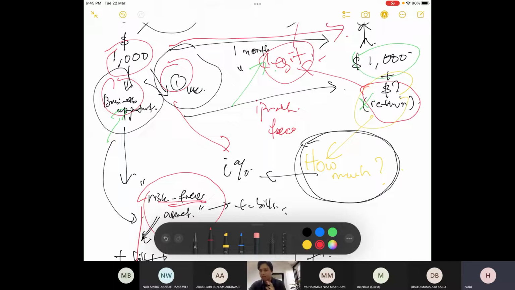Because if I, let's say, lend my money to this borrower, I should be expecting that the return should be higher than the risk-free asset. Why? Because, as I mentioned earlier, this guy could be at a certain level of risk as well, right? He might do a business and then the business fails, and then he will not be able to repay me back. So that's why he's a bit risky